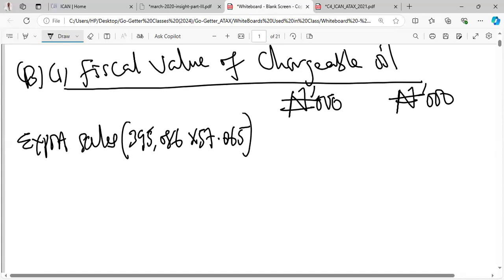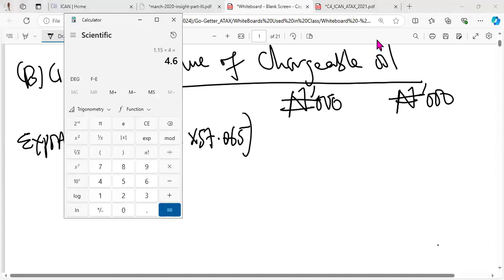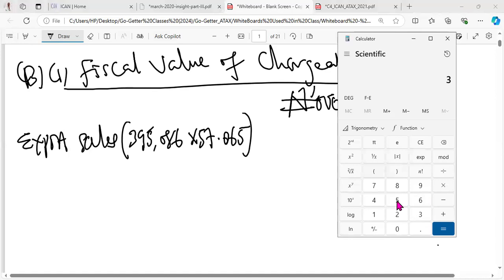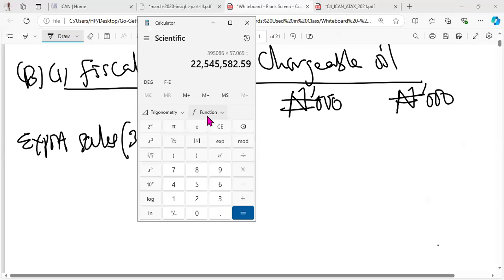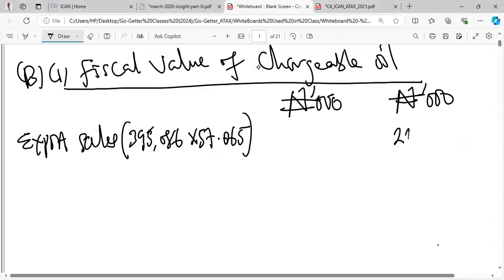So bring our calculator. This is 395,086 multiplied by 57.065. That will give us 22,546. Since I've put three zeros here, then I will come here,